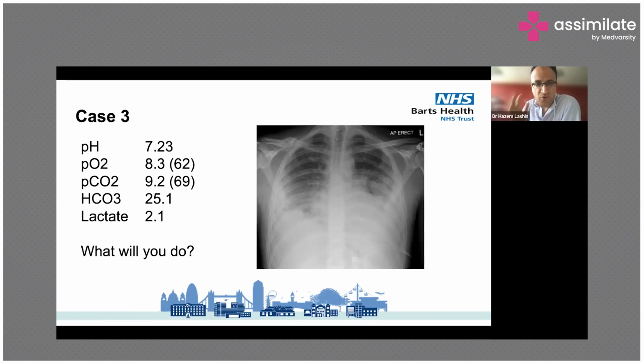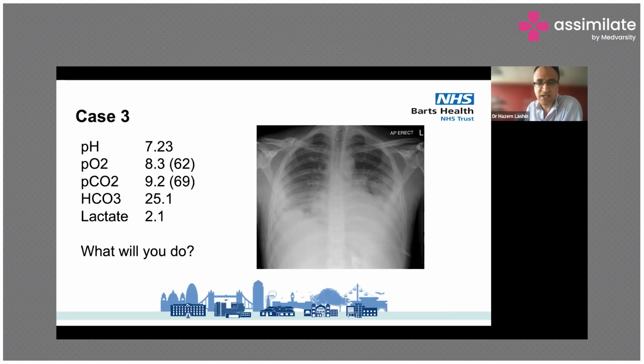Okay, thank you. So the blood gas shows that the patient is acidotic, pH 7.3 with a high CO2, and the PO2 is borderline at 8.3, just about acceptable. The chest X-ray shows some pleural effusion, as you mentioned. There is bibasal collapse. There may be consolidation, but we can't see very well. There may also be pulmonary edema, which is not an uncommon chest X-ray in a patient post-laparotomy, particularly if they are slightly older and have